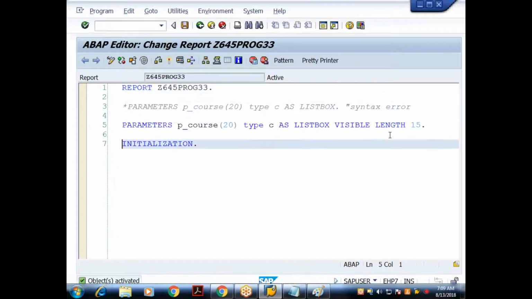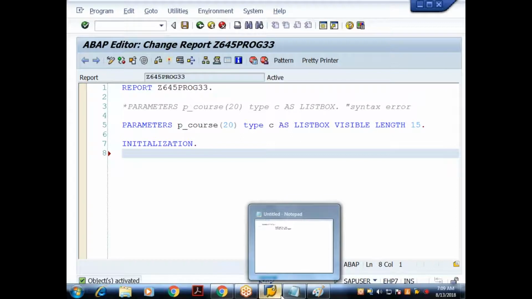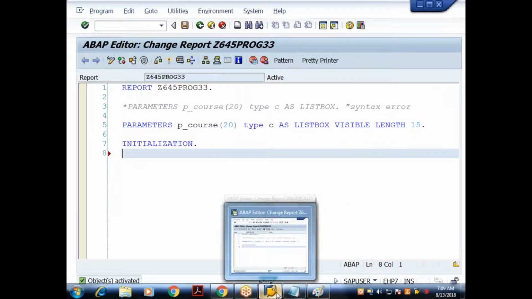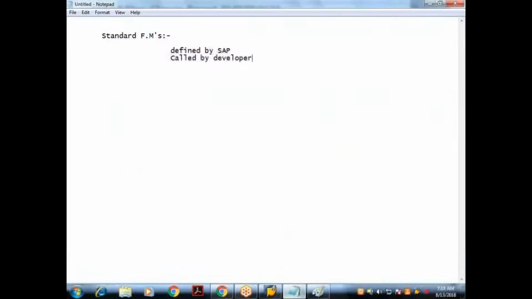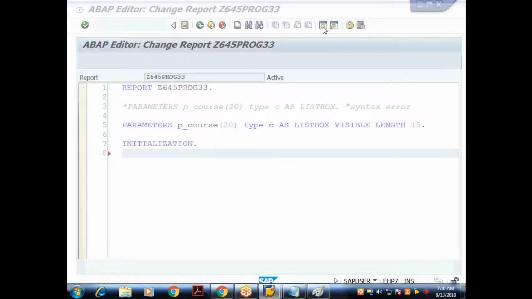So how we write these values is important. So far we have called custom function modules. We have created our own function modules and called them. Now we are going to start with a standard function module. In ABAP, whenever you have a drop down requirement and want to generate the drop down with a list of values, there is a standard function module for that. We can see the function modules in SE37, the function builder.